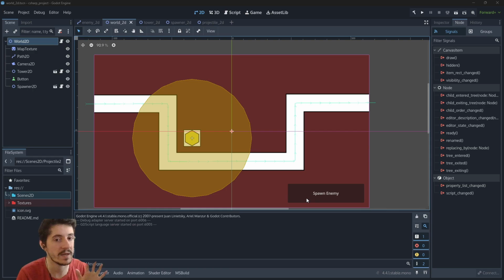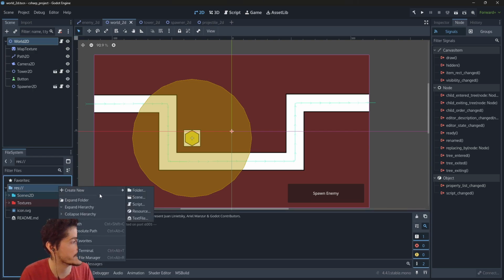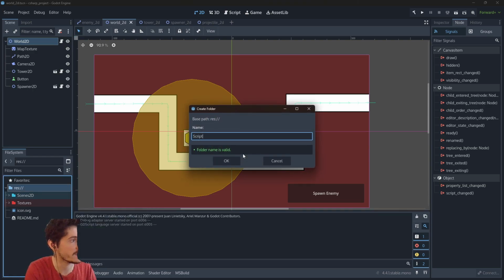So there are plenty of ways to do that. Except that here we have C#, and because we have C#, we're going to use the C# tools to make this feature work for us. When you're using Godot and GDScript, you have to rely on a lot of Godot features for that, including resources, signals, etc. But here, C# is a much more robust and capable language alone, so we don't necessarily need those Godot things behind it. So for this episode, we're going to create a new folder, which is going to be the scripts